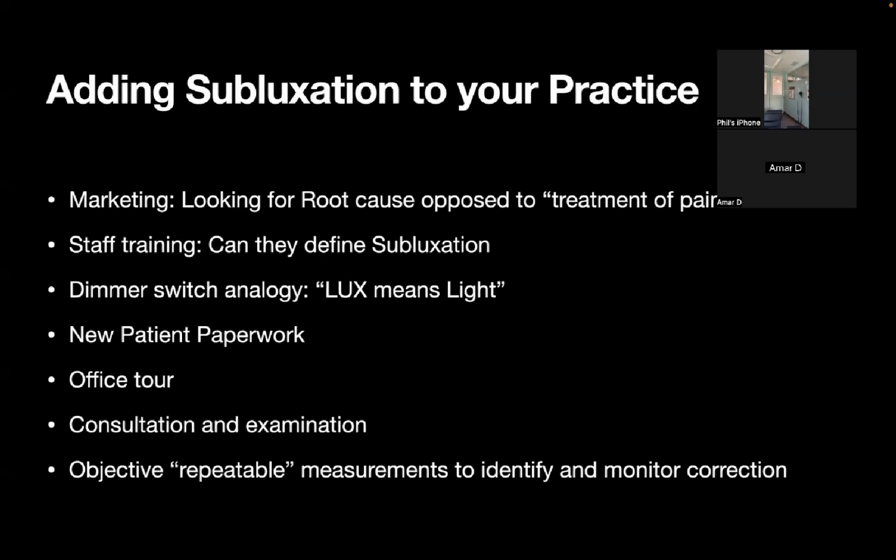So, Phil, you use that dimmer switch analogy, with lux meaning light, and that's a perfect definition. We used to say that to patients all the time: when you have a subluxation, it's like the dimmer switch is turned up, so there's resistance now. The nervous system can't function at its full potential. The brain's sending 100% of a message, but only 80% or 60% or 40% or less is getting down to the body because the dimmer switch is turned up. So when we go in and adjust, we're taking the pressure off the dimmer switch. We're turning it down so we get full potential. There's no resistance now on the nervous system, no resistance on the neurology.